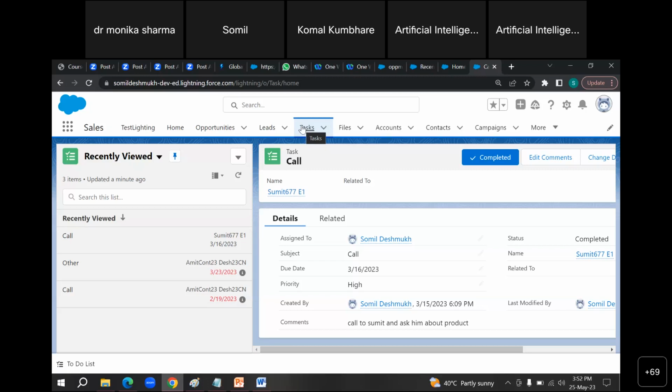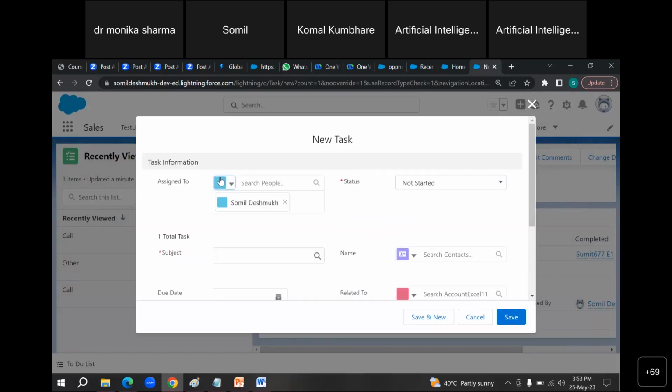Suppose I have to create one task for one of my employees. How should I do it? Go to Task. Here you would get an option of New Task. In the recent view, you can drop down this and go with a new task. Here you can choose the name of the person to whom you have to assign the task.